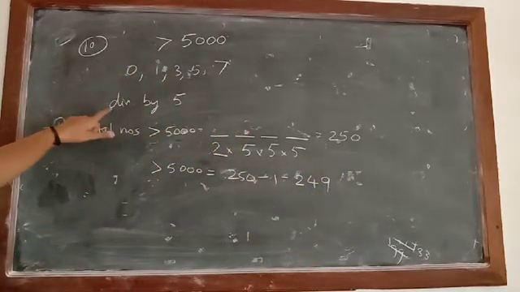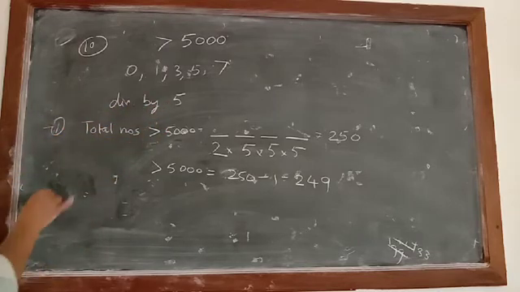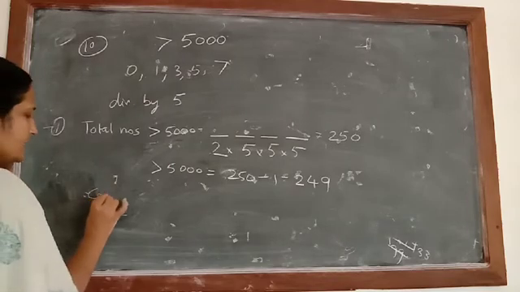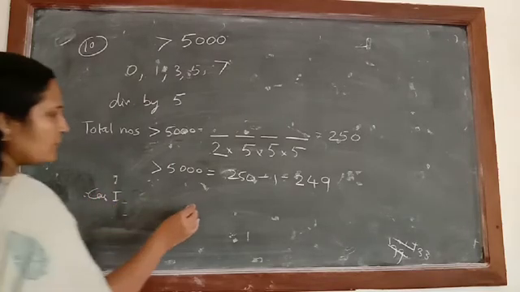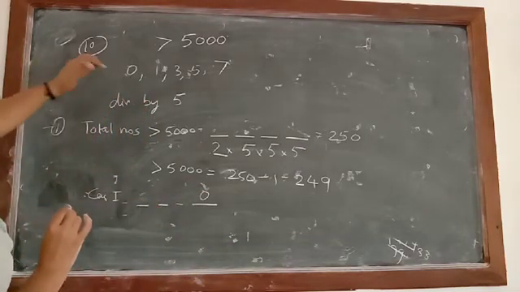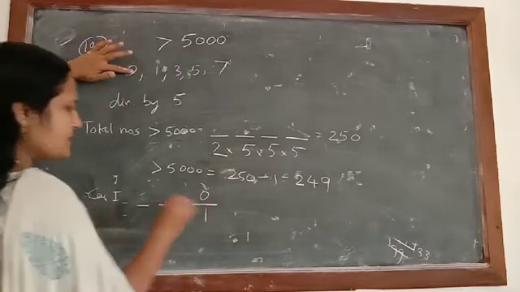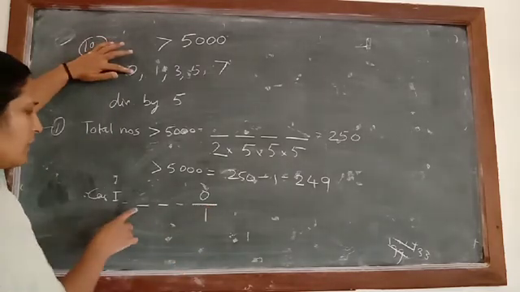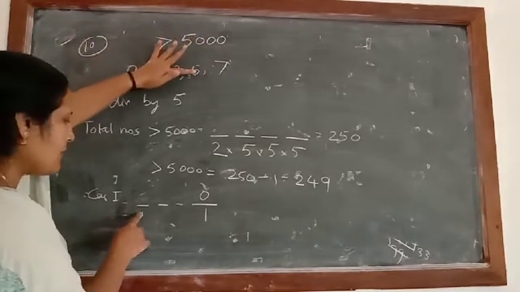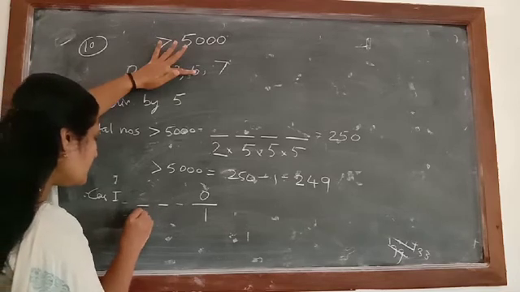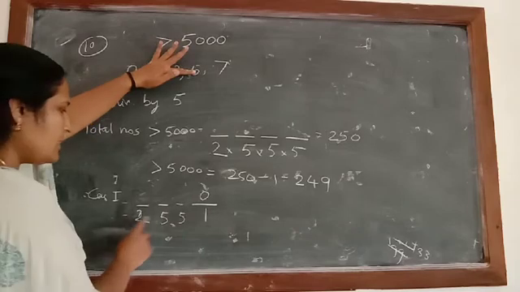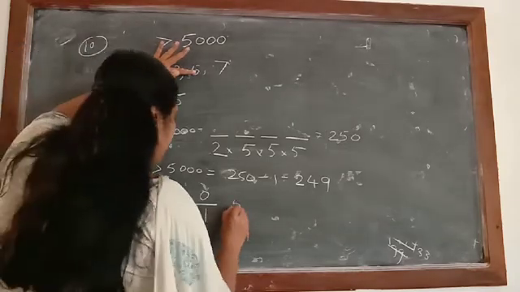Now our condition is the number should be divisible by 5. Since 0 and 5 both are there, we can take the cases. Case 1. So in case 1 what we are taking, 0 is in the unit place. 0 in the unit place means this place now can be filled in one way only. Now here the number should be greater than 5000, so either 5 or 7 will come. So here also it will be equal to 2 ways only. Remaining 5 and 5. So what will come here? 5 5s are 25 into 2, 50.